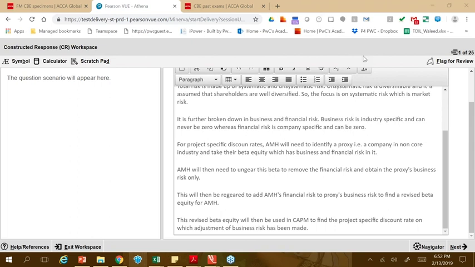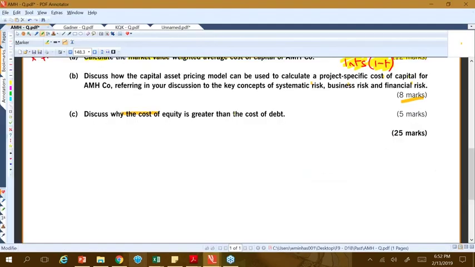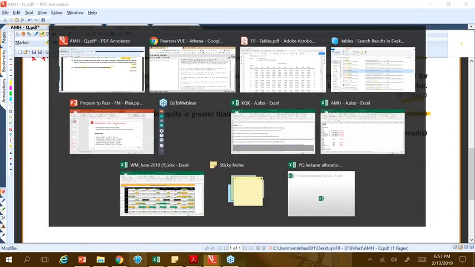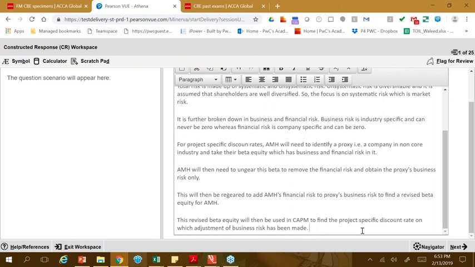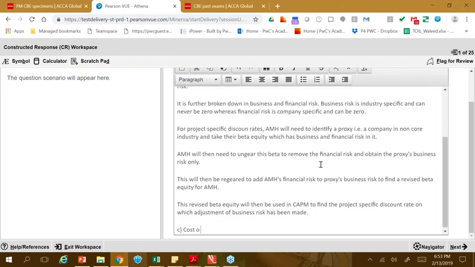Good exercise. Last part here on this question is discuss why cost of equity is greater than cost of debt for 5 marks. Now this is a very, very frequent requirement, and the one which causes a lot of trouble in the exam. So discuss why cost of equity is greater than cost of debt. Now, again, I'm going to construct an answer here. Cost of equity is greater than cost of debt